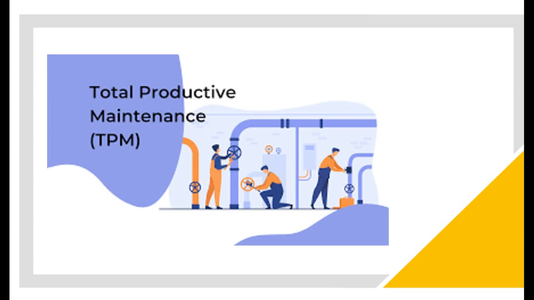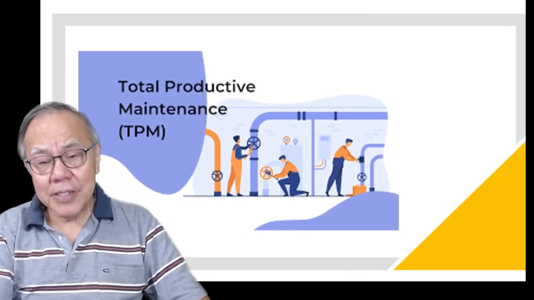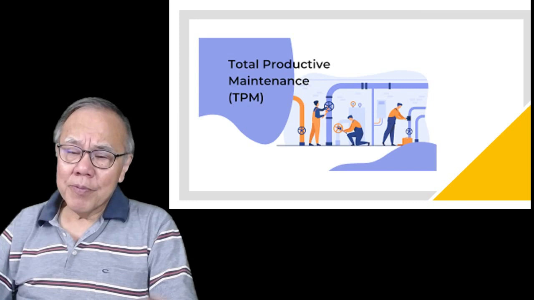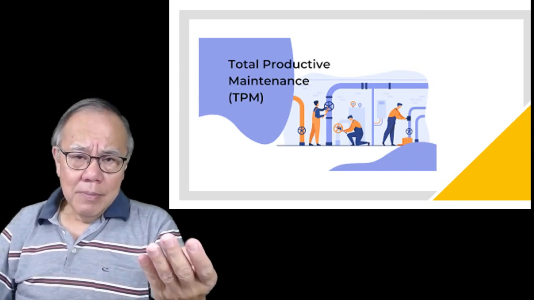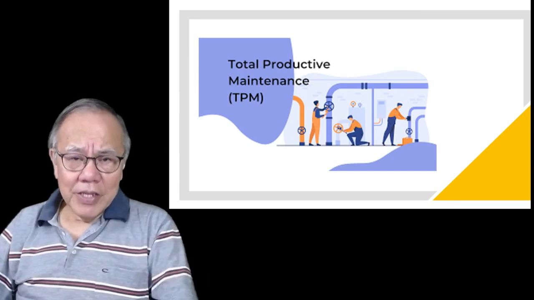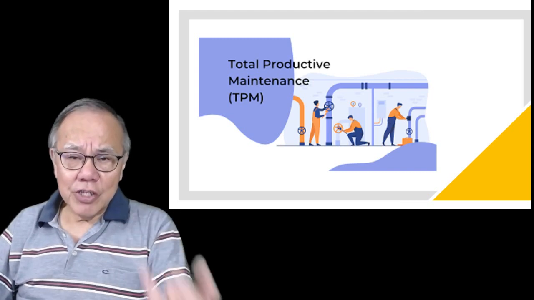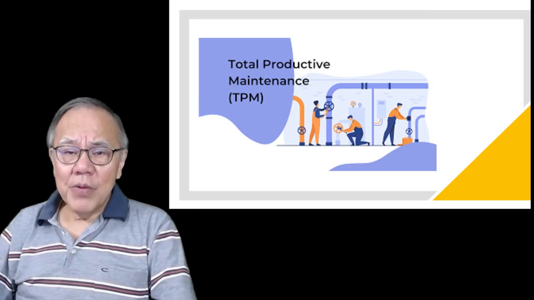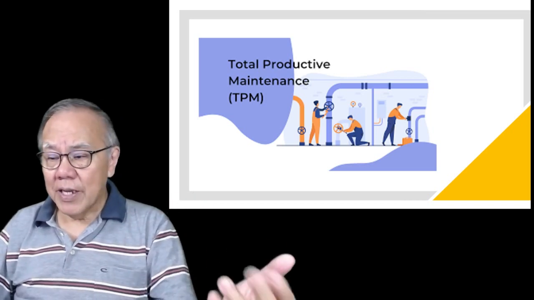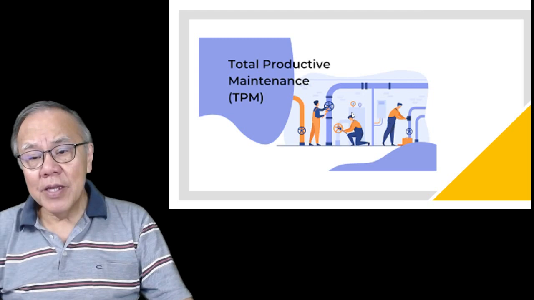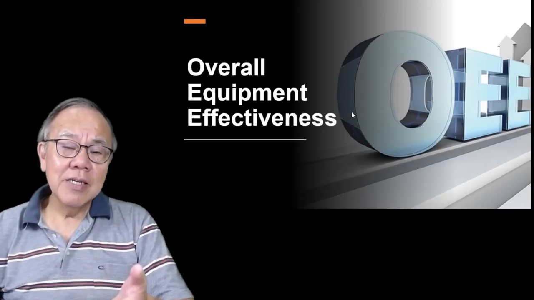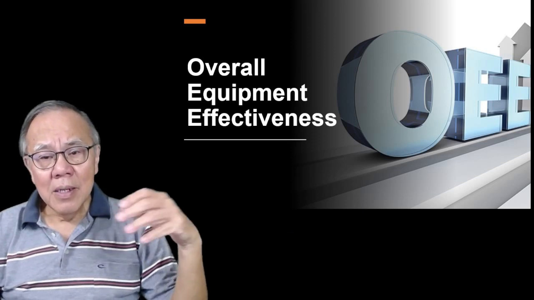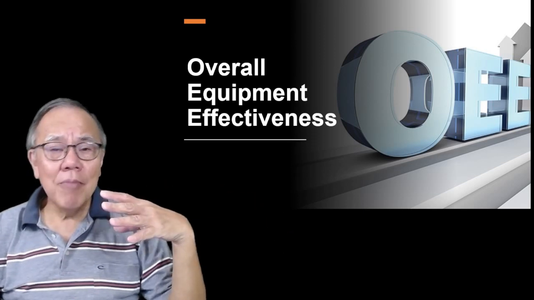It is quite a comprehensive maintenance management system, where it incorporates preventive maintenance, predictive maintenance, condition-based monitoring, and problem solving on how to reduce the losses. And how do you know that you are improving? They have what they call the OEE, overall equipment effectiveness,